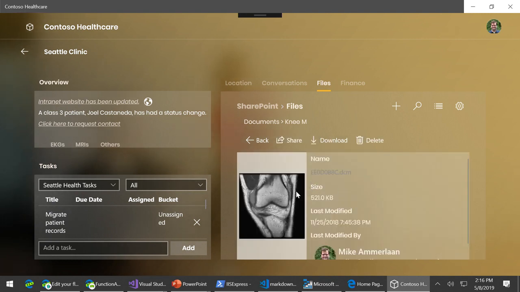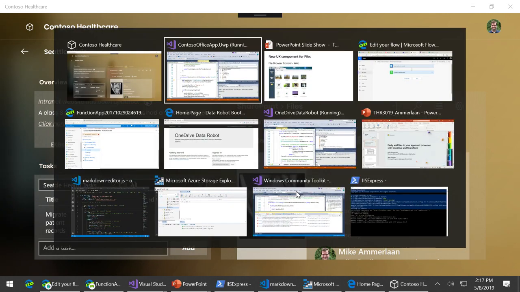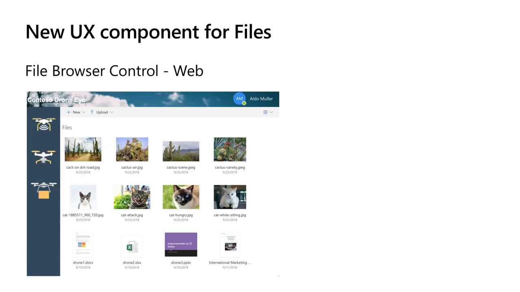So in this case, I've got a document library full of X-rays of knees. Great, and using the power of Graph APIs and OneDrive, it can show me these really rich previews of knees, essentially. So there's a lot of flexibility and a lot of user experiences that you can embed